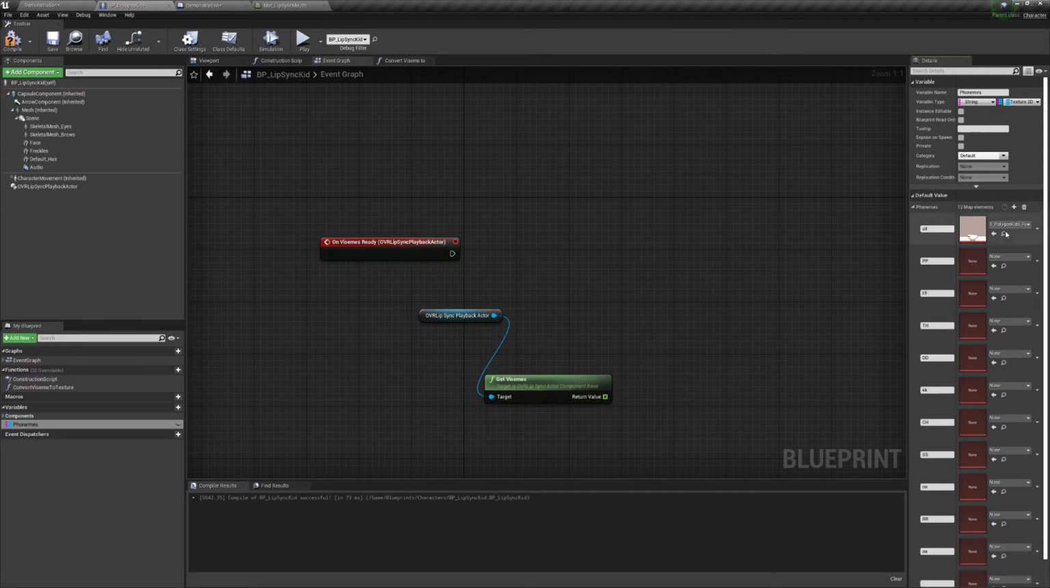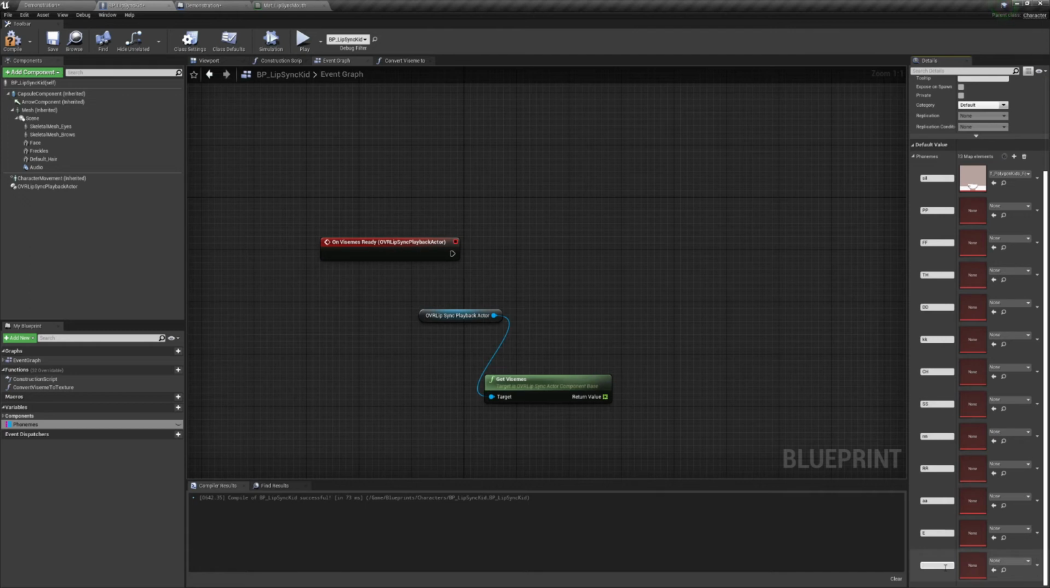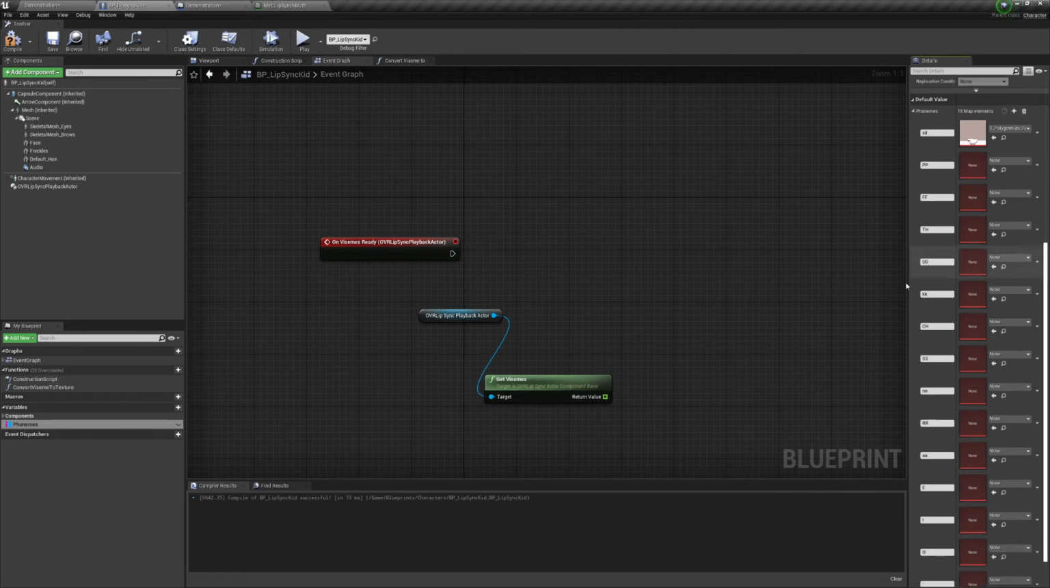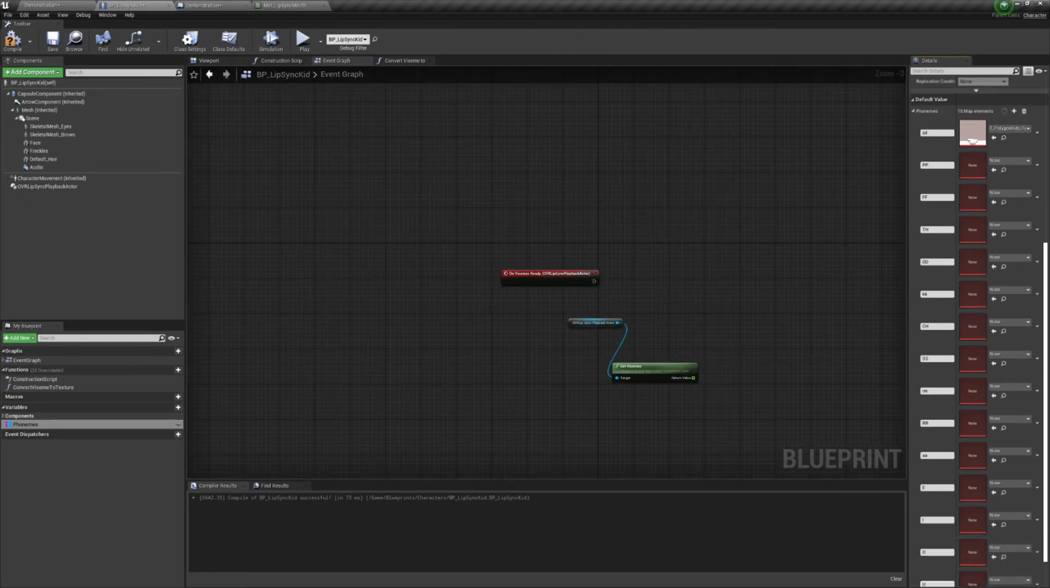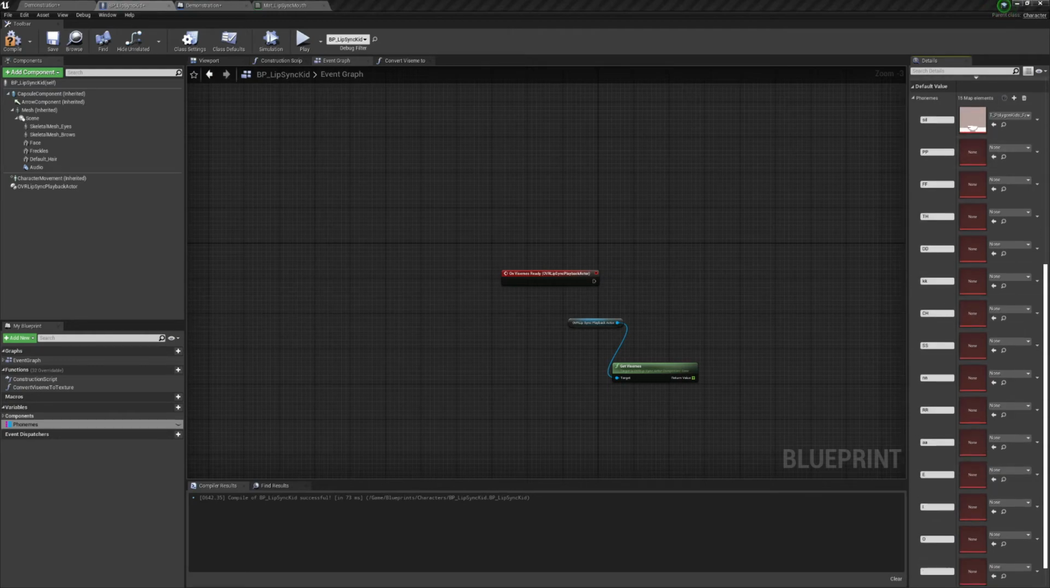AA. E. I think it's OU. O. And U. So once you have this map here of all your strings related to the textures,